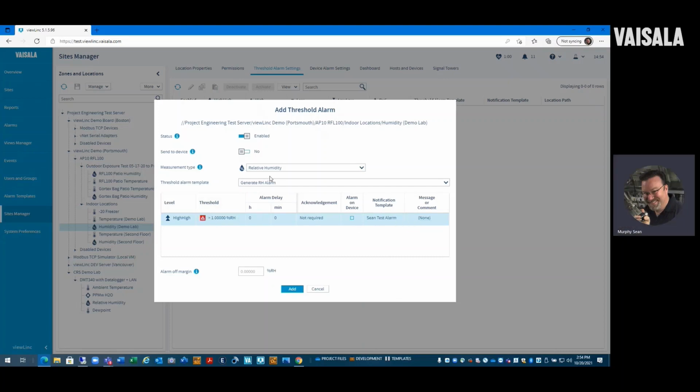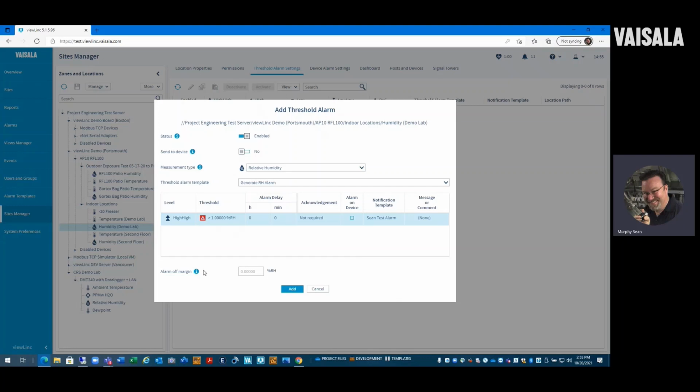So at this point, I have the relative humidity, I have the threshold, I have the limit that's going to trip it. There's no additional delay. You always have the ability to add delays everywhere. An alarm off margin is an ability to stop an alarm from hair triggering back and forth when it goes up or down like 1 decimal place.